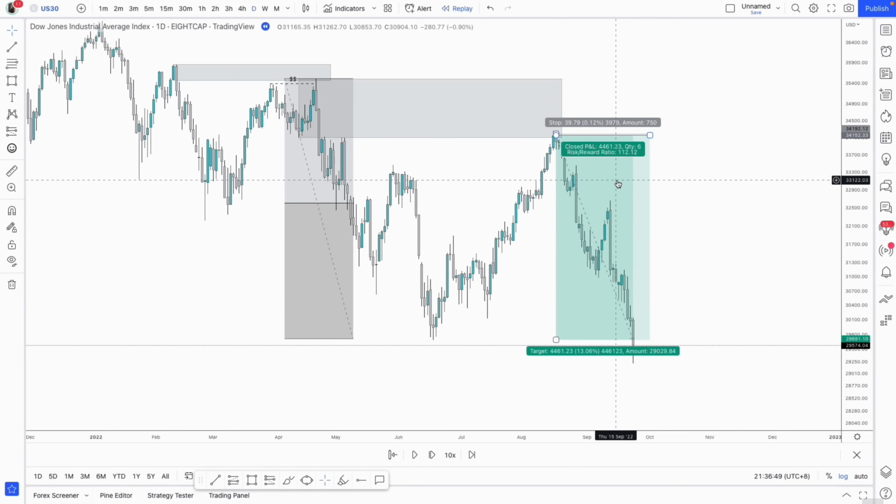Dissecting this beautiful trade and exactly how you could have taken it if you would have known how to use